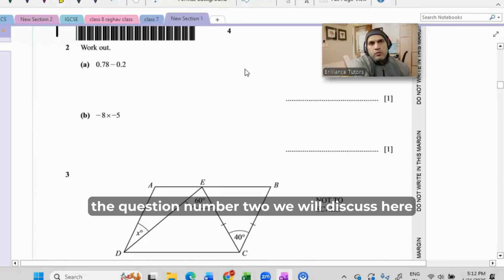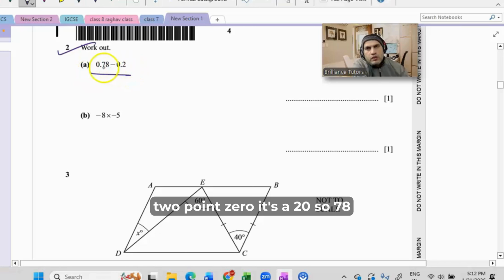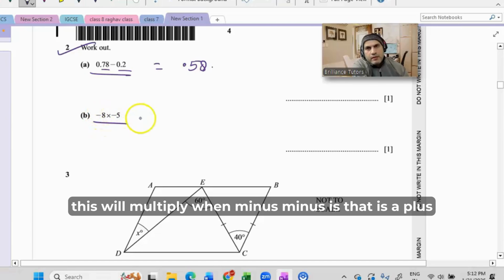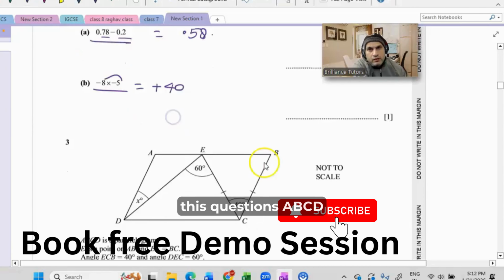Now the question number 2 we will discuss here. Work out. It's a very easy question. You can consider 0.2 as 0.20. So 78 minus 20 will be 58. So 5.8. Okay. And this will be multiplied, when minus is, that is a plus, and 8 into 5, that is 40. Now these questions